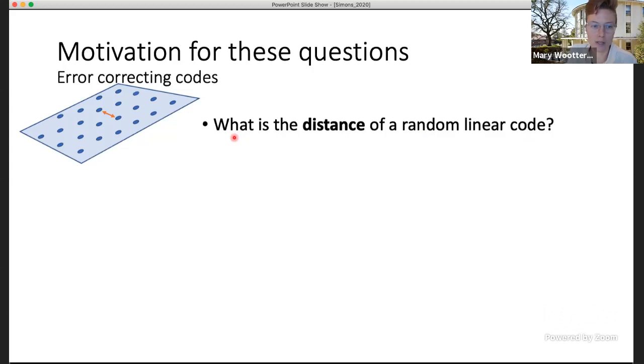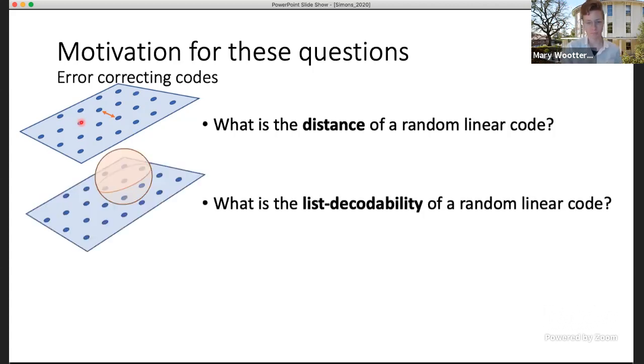Super briefly, one reason why is that imagine you're using these points for communication. To each of these points, I'm going to associate a message, and I'm going to want to send this message across some noisy channel. If the points are all really far apart, then if there's a little bit of noise, let's say I want to send this point and it gets perturbed a little bit, I can round back to the point I was interested in, and I can correct the noise. That's the basic idea behind an error correcting code. So it's an interesting question to ask, what is the distance of such a set?